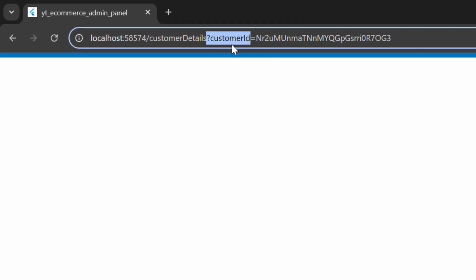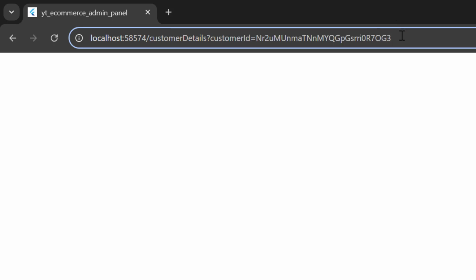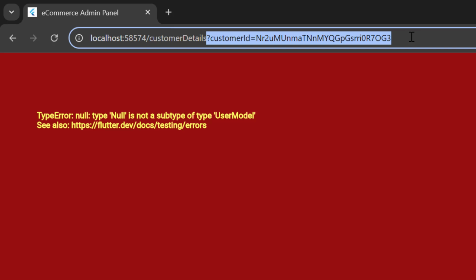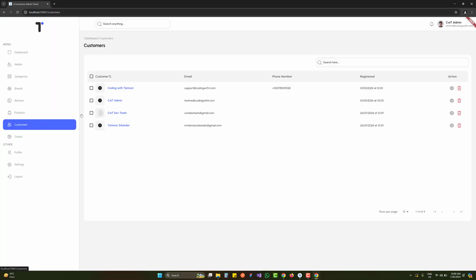You can see at the top, we are actually not fetching the customer like this, but at the top, we have customer ID is equal to this ID. So based on this ID, we can easily extract the customer, but this time it is not going to work because user model is null. So if you work on this model, you can easily refresh these URLs. Otherwise, you have to go back and again get the customer details. Okay, so our application is running, and this time let's click on this one again.